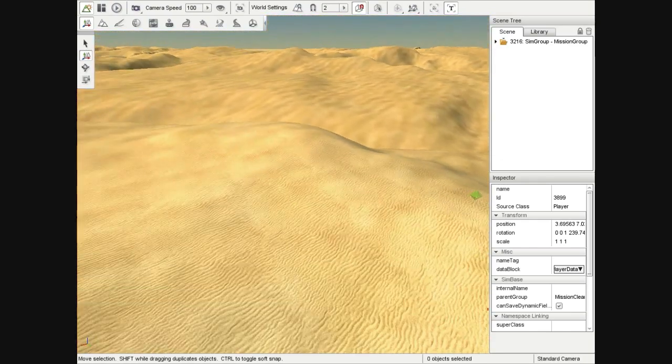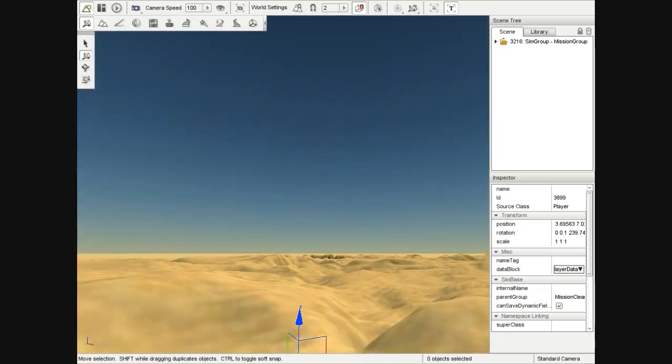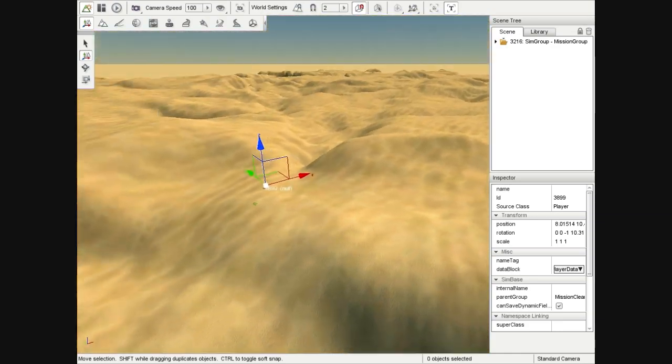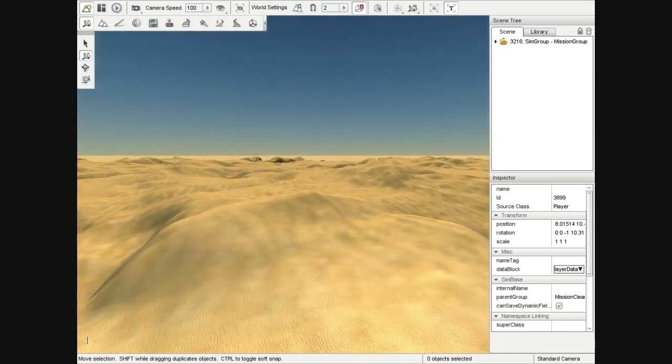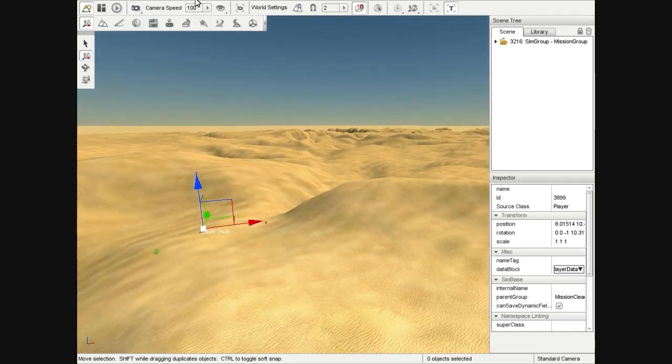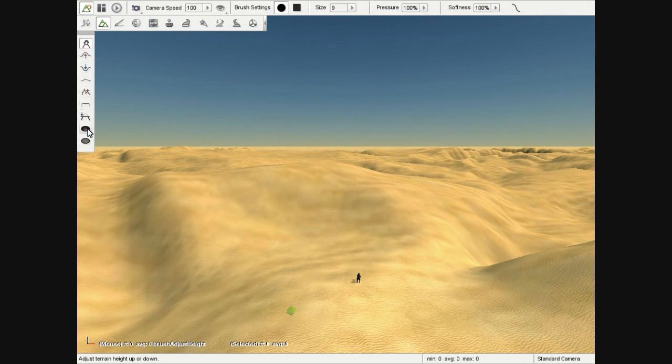Let's go to our observer camera mode. If you're in a player camera, you can Alt-C out, or you can use your toggle camera to get out so that you can fly around. And we're just going to go over the basic terrain editing tools here. So let's go up to Editors, Terrain Editor, and you'll notice that the first thing you notice is that the GUI